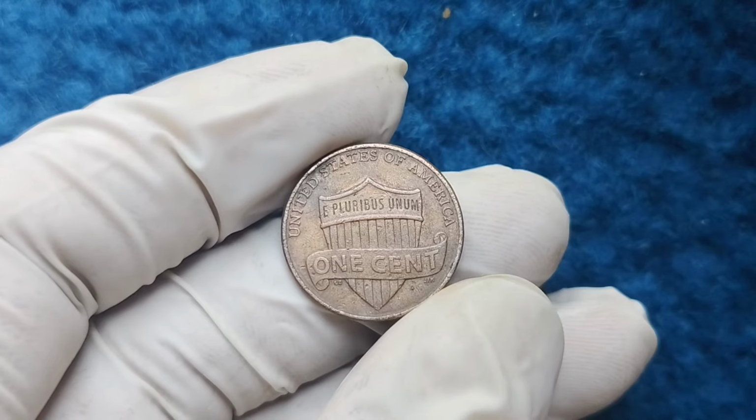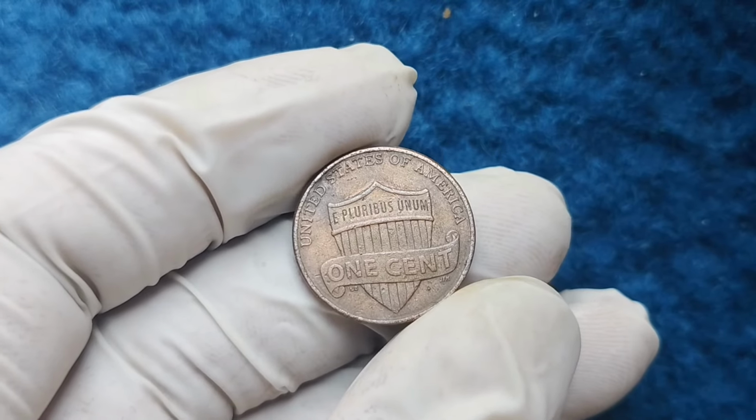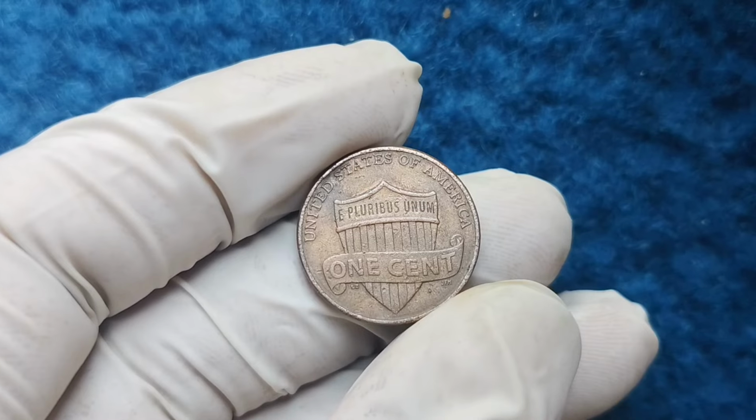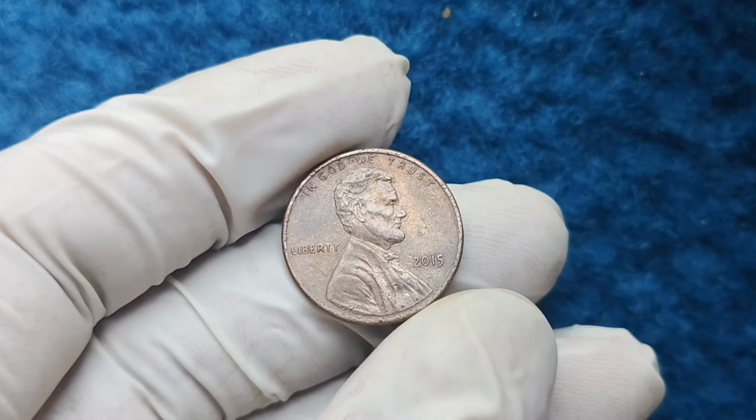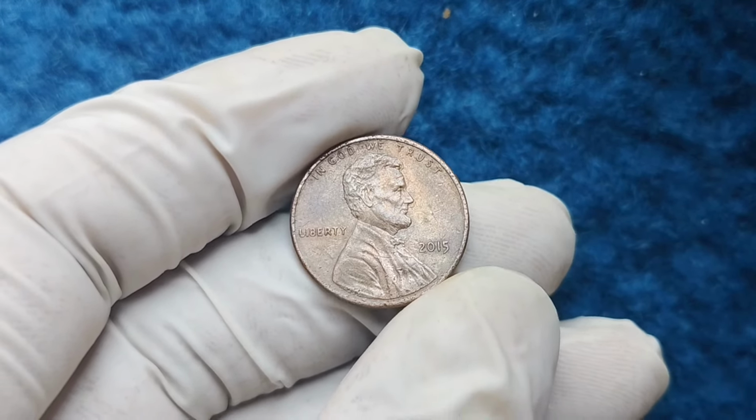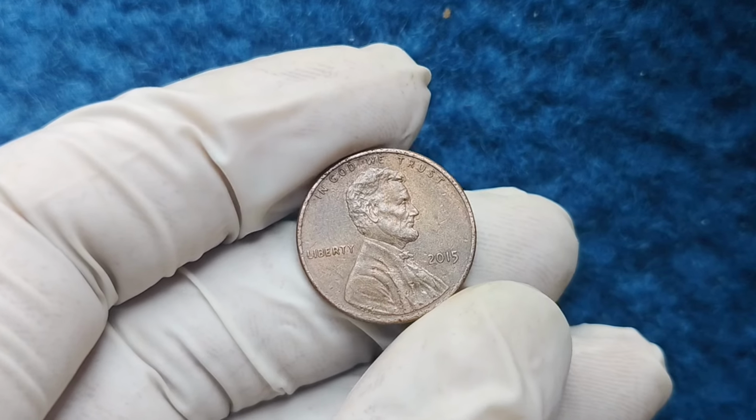Alright, my fellow coin enthusiasts, now you know that not all pennies are just pennies. Some of them are secret million-dollar treasures just waiting to be found. The 2015 no-mint mark Lincoln penny is living proof that a little attention to detail can turn your everyday pocket